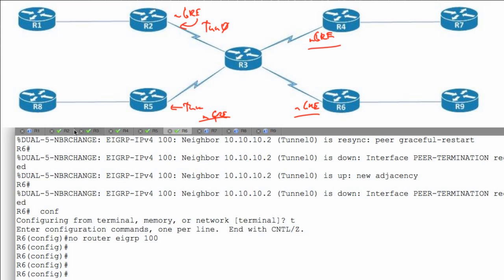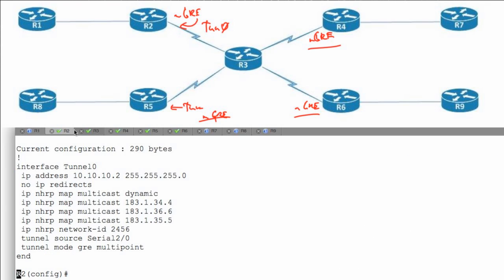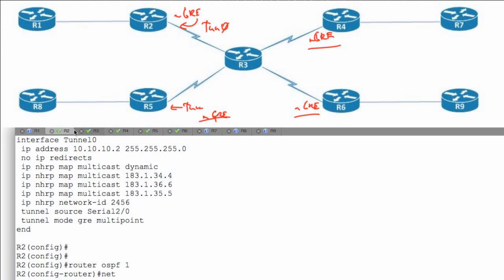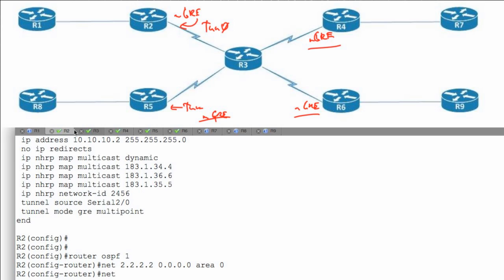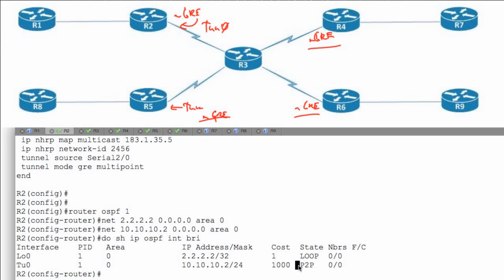All right. So let's go ahead and make OSPF light up. So we'll start with the hub, router OSPF 1, network 2.2.2.2 will match exactly, and we'll just advertise everything into area 0. We'll make our lives very simple. 10.10.10.2, area 0. All right, do show IP OSPF interface brief is going to tell me that I'm running, but here's our